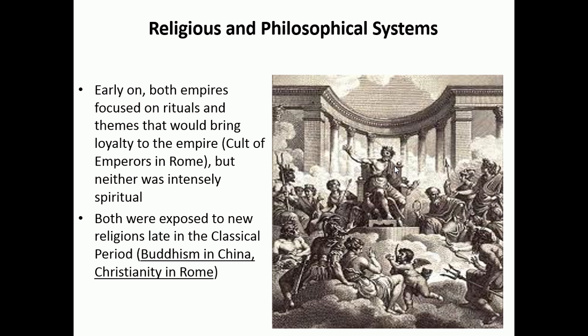And the Axial Age is really about changing religion from being focused on this impersonal view of the gods to a really personal view of the gods. And in Rome, we see the advent of Christianity actually arising within the Roman Empire itself and eventually coming to dominate and become the official religion of the Roman Empire very shortly before its fall.